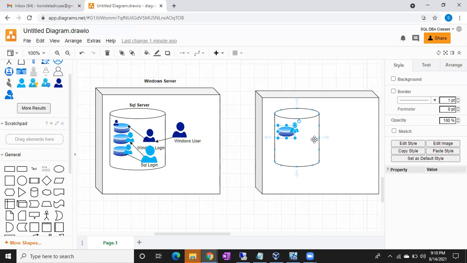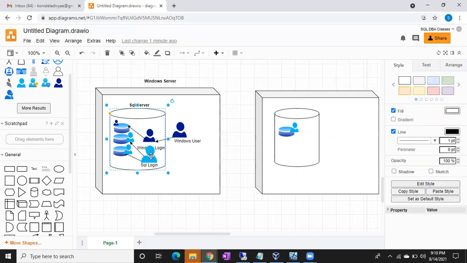Sir, once, repeat once, sir. Nothing is there. See here. If you delete the login, this is clear, right? This diagram is clear, right? When you give access to any database, automatically a user will be created with the same name. This is clear, right? So here, if someone deleted the login,